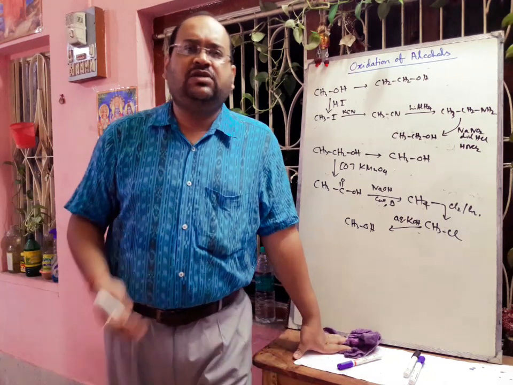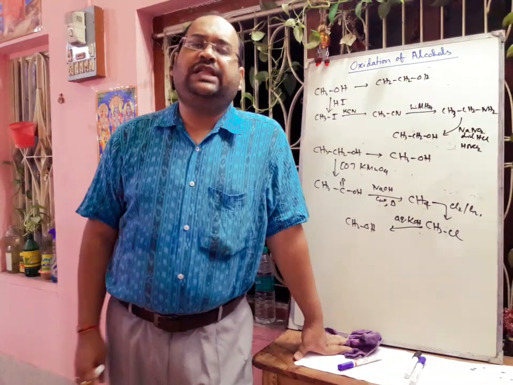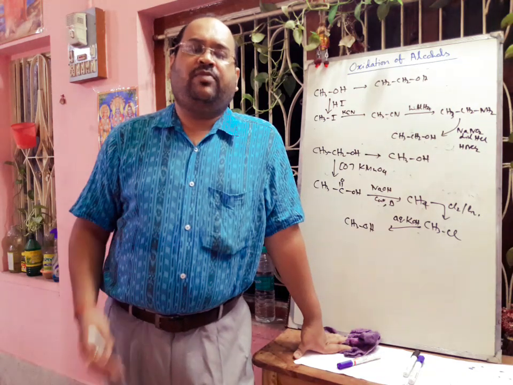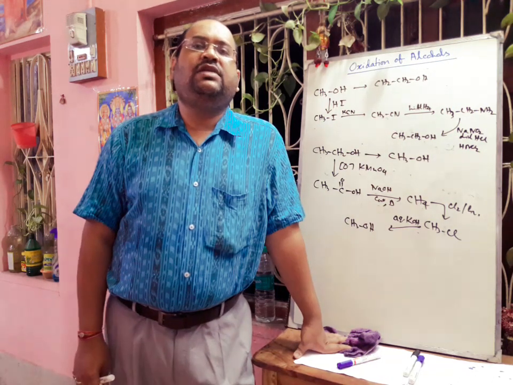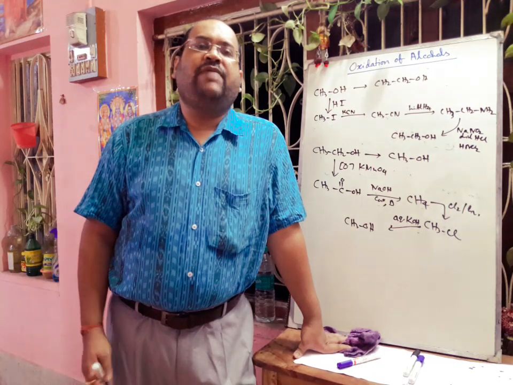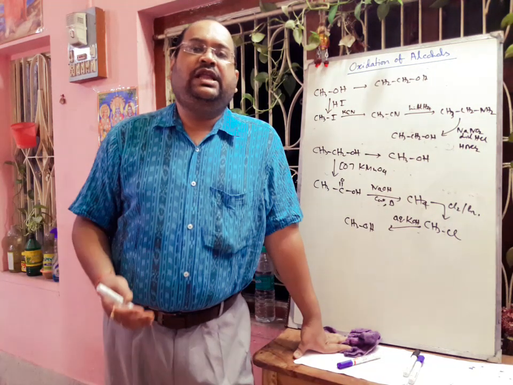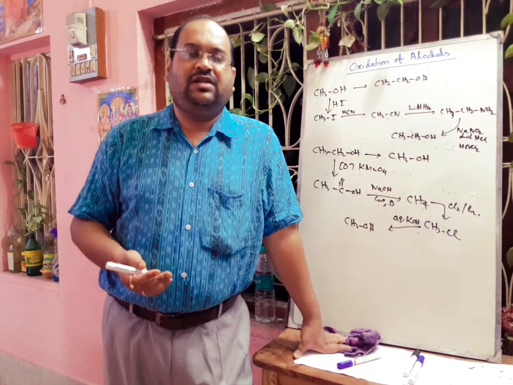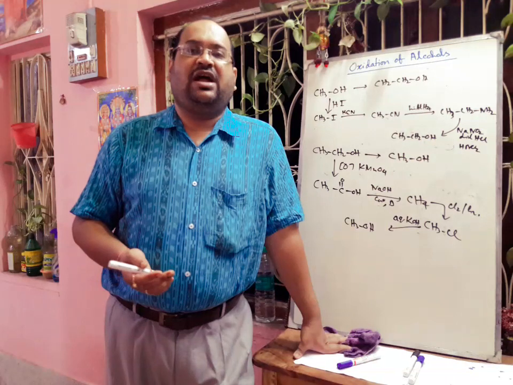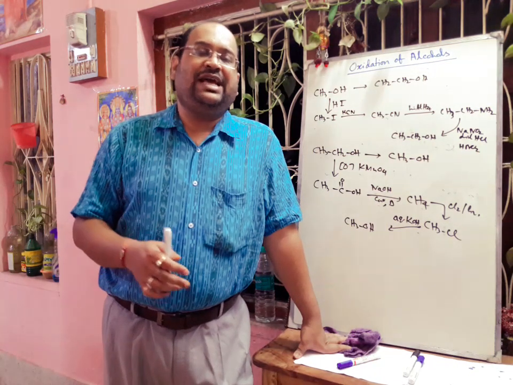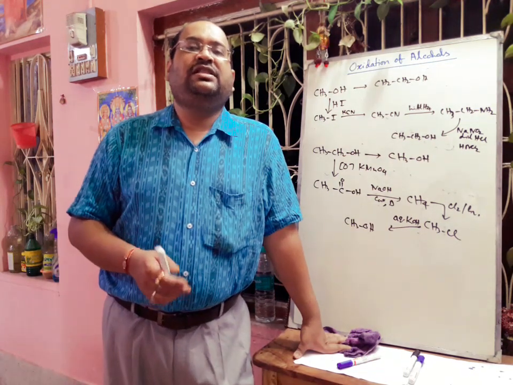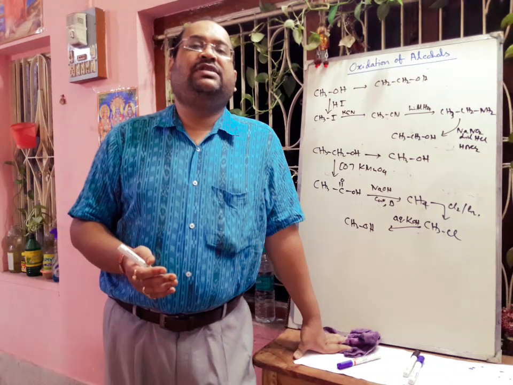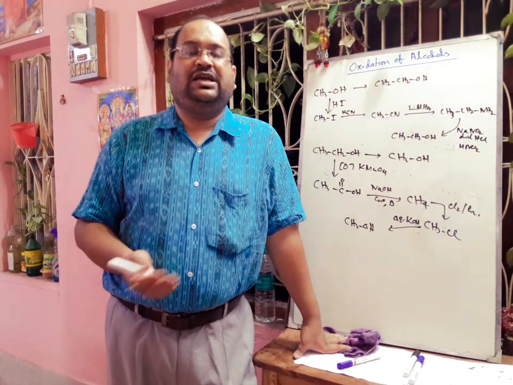Now, if anybody asks you how to chemically distinguish between ethyl alcohol and methyl alcohol, we already discussed in polyhalogen compounds that ethyl alcohol in presence of iodine and NaOH will give iodoform. So only ethanol can give a positive iodoform test in presence of iodine and NaOH, and there will be a yellow precipitate of CHI3. But if we perform the same reaction in case of methanol, there will be no yellow precipitate. So by the iodoform test we can easily tell whether the alcohol is methyl alcohol or ethyl alcohol.